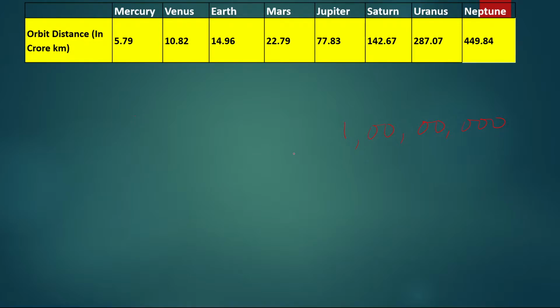You know that the planet rotates around in an elliptical orbit. This is not a circular orbit, and the sun is at one of the foci of this elliptical orbit. Here is the sun. The sun is not at the center. The sun is at one of the foci of the elliptical orbit, and our Earth, the planet, rotates around the sun in an elliptical orbit.